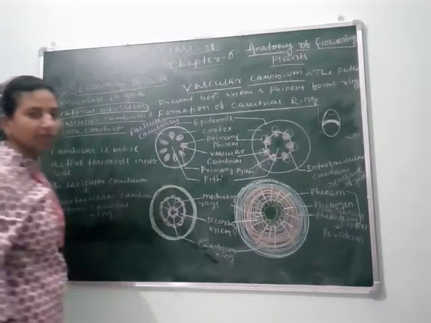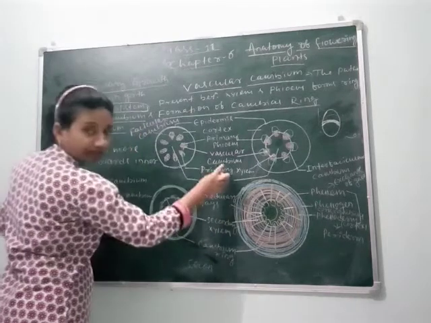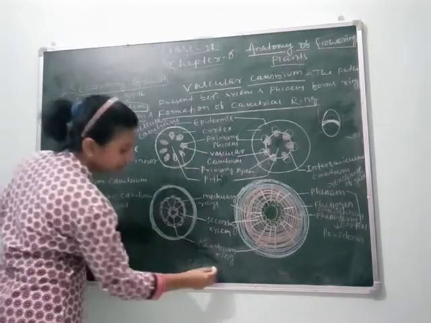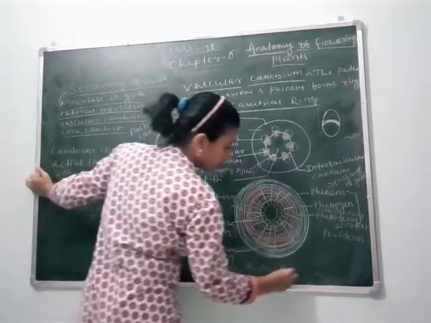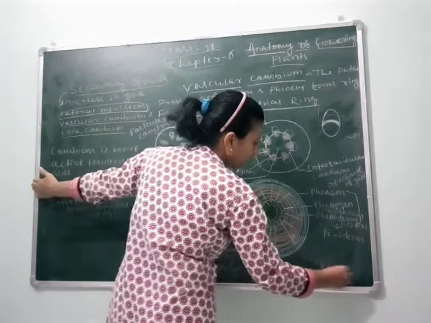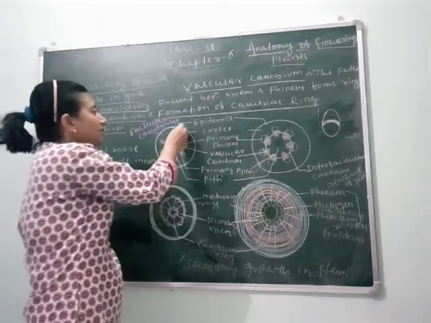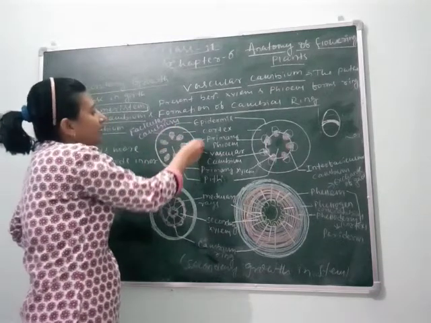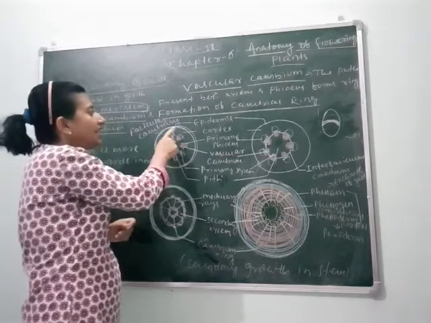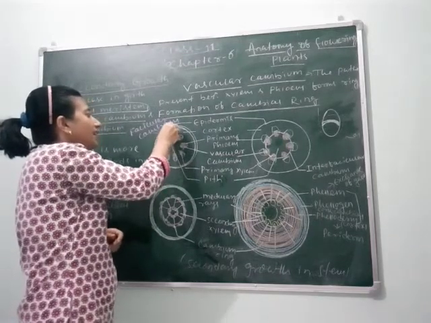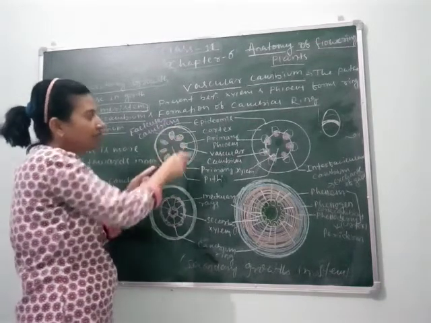How does cambium ring formation occur? These are the stages of formation of secondary growth. The diagrams represent secondary growth in stem. How does secondary growth occur? Watch the diagram carefully. This is a part of a stem, a transverse section of the stem. Inside the stem, vascular bundles are arranged. They are vascular bundles. Clear?